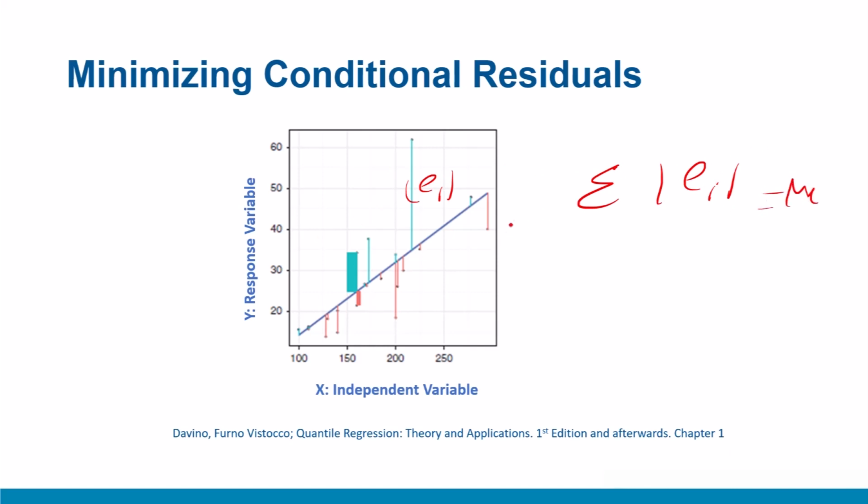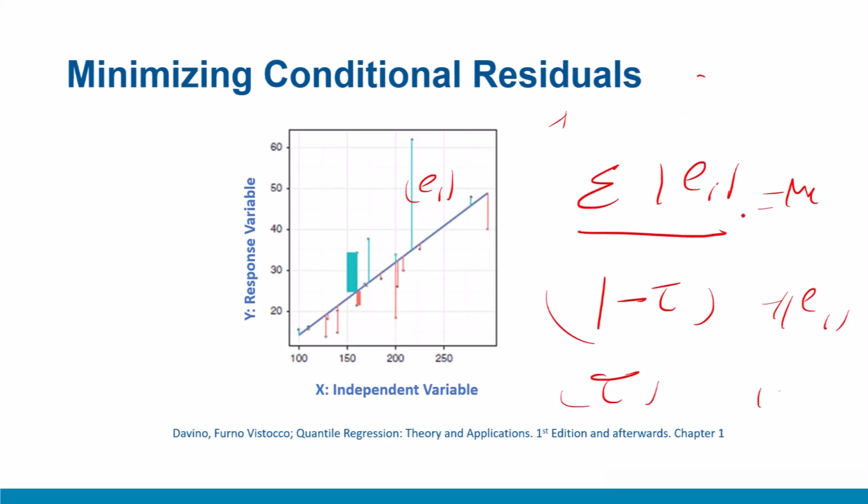And if you want other quantiles, you multiply them asymmetrically. For example, 1 minus tau with negative error terms and tau with positive error terms. You multiply with their magnitude, and that is why we call them asymmetrically weighted error terms. We get different quantile-specific coefficients. But if you want the median, you simply sum up the absolute error terms. So this is the typical visualization scheme.